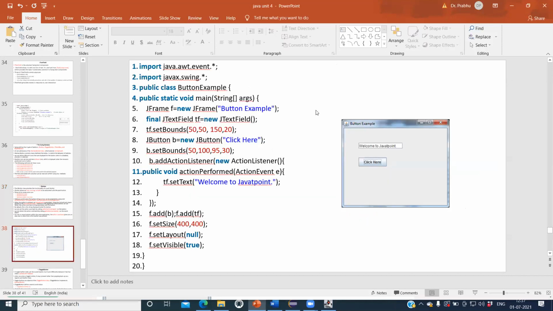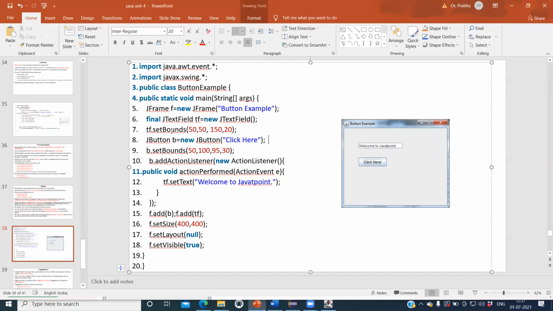Now just go through this program. Here also, first we created one container, the frame container. Inside that container we are going to have one button. Here we use the text field also. The text field is for displaying some text whenever that action button is pressed. That is the event. So there are two components, the button component as well as the text field component. We created those two.